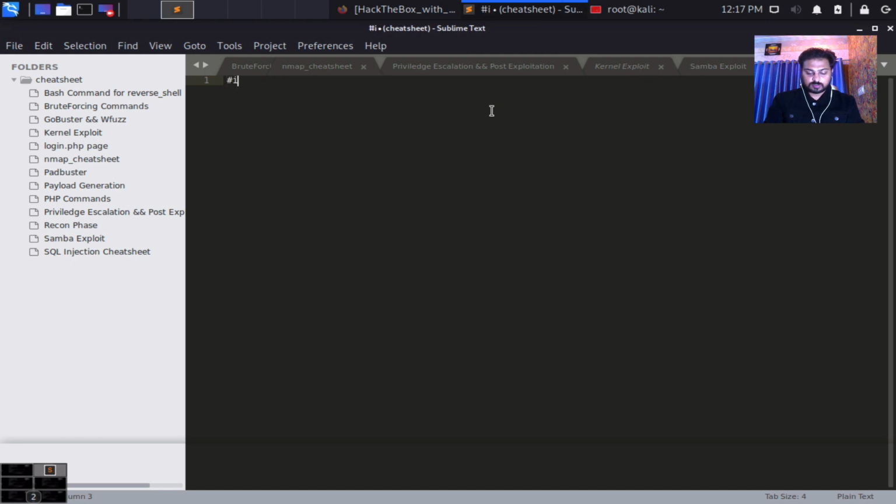and I can simply write hash include. You can simply use stdio.h, and then you can simply type int main, and here you can use the printf function.